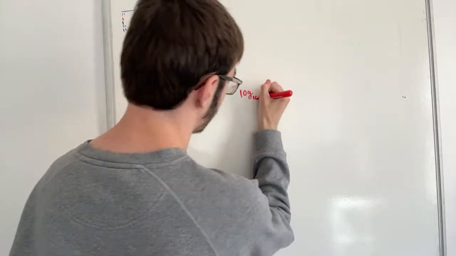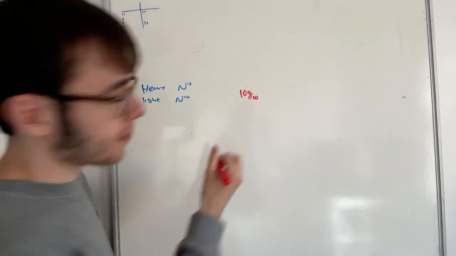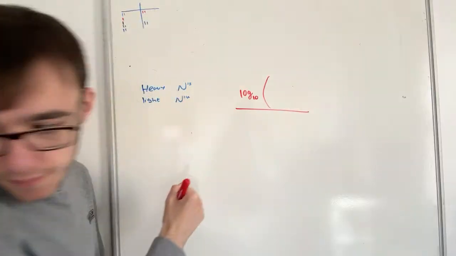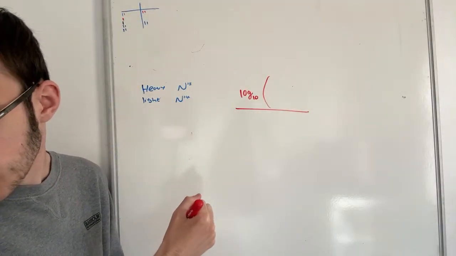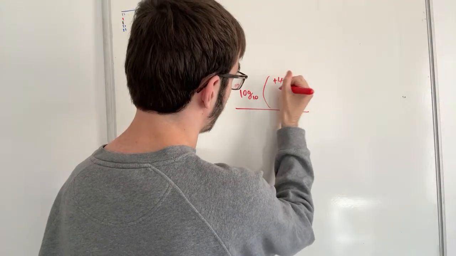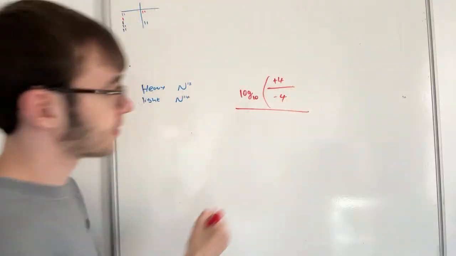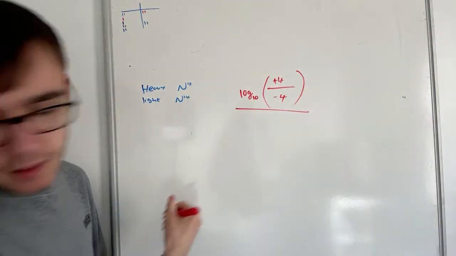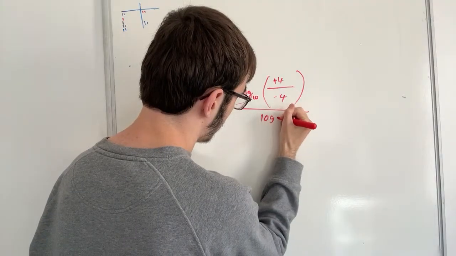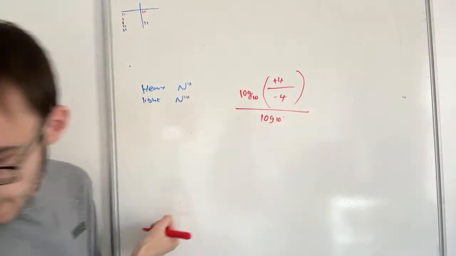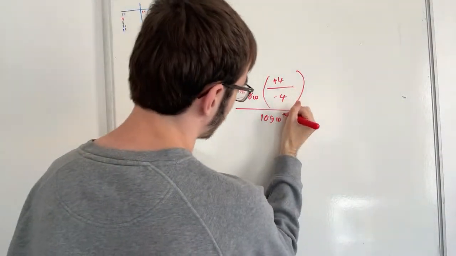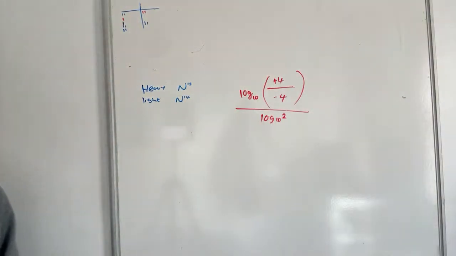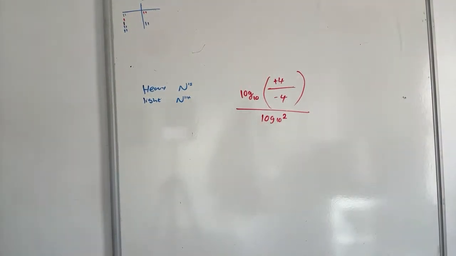Log 10 followed by the size of a population at plus 4 hours divided by the population size at minus 4, divided by log 10 to the power of 2. No idea what that means in the slightest, but the size of a population at minus 4